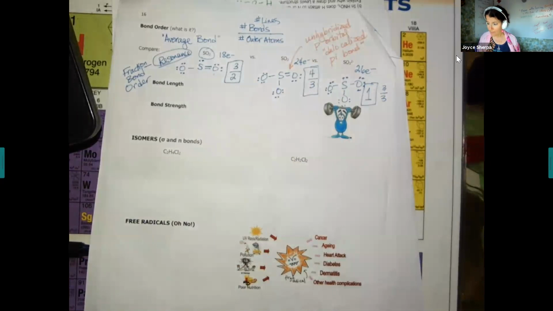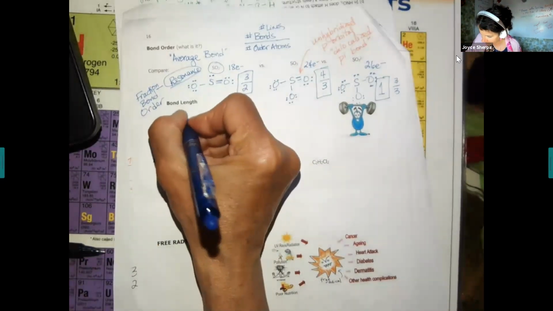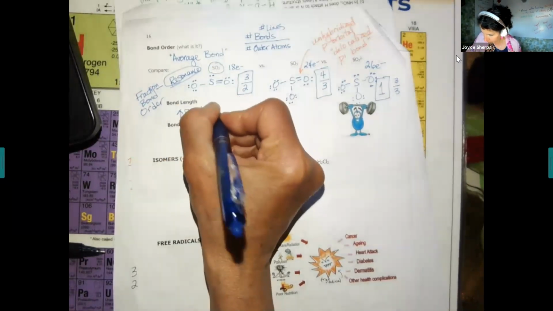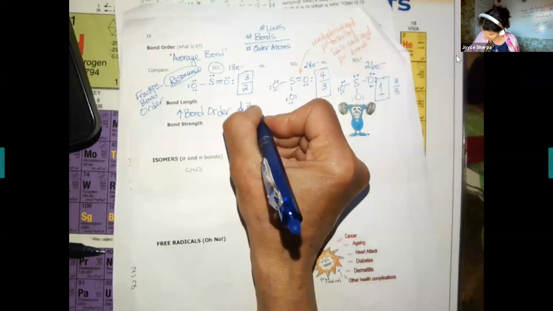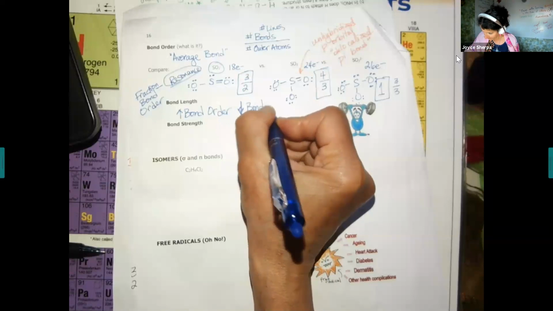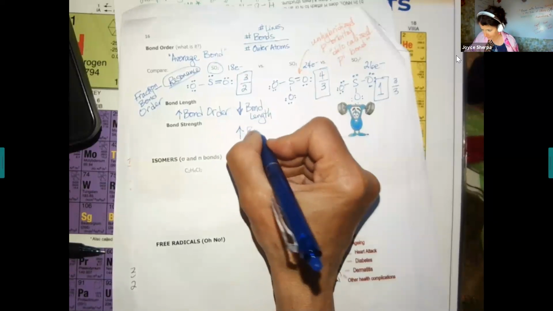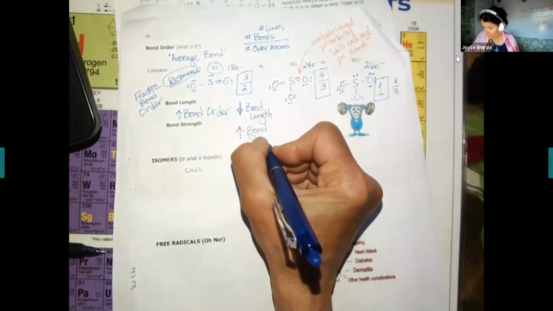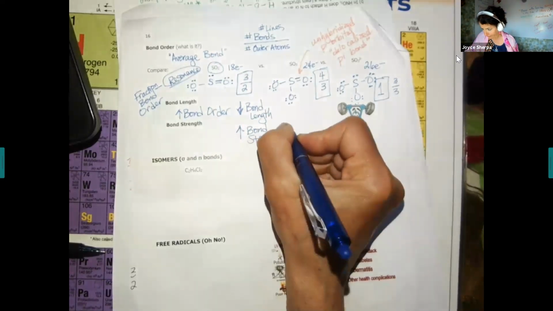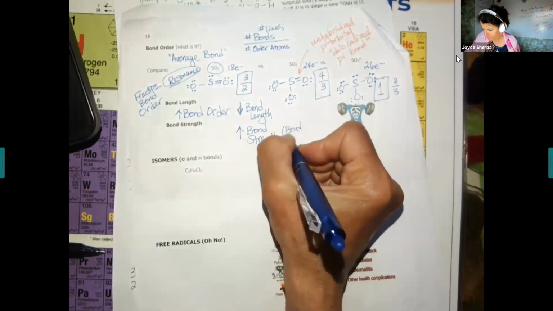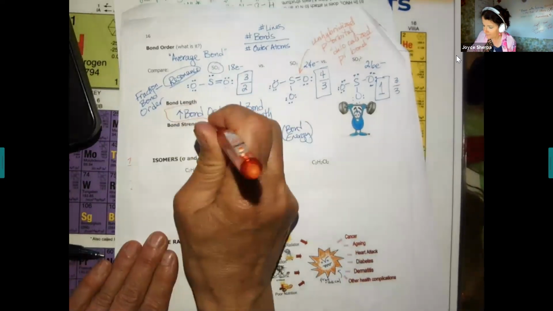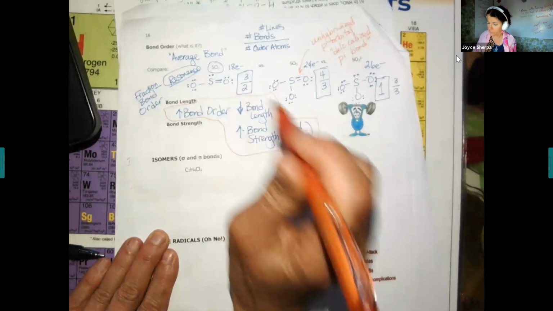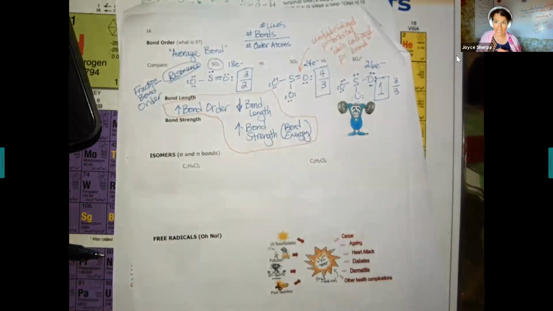All right. Bond length, as you increase the bond order, you decrease the bond length, and you increase the bond strength, which is often called the bond energy. That's the numbers we worked with in the first question on the homework. This is true no matter what theory we work with. This piece holds true. The higher the bond order, so going from a single to a double to a triple,